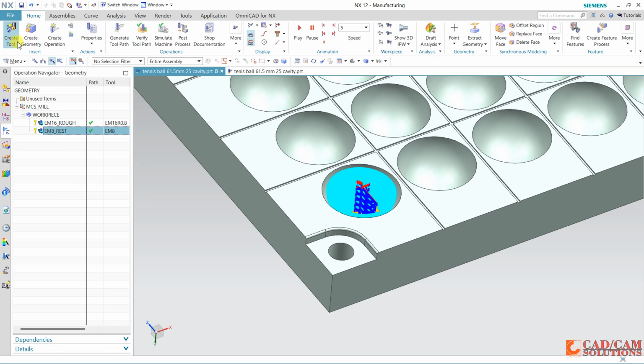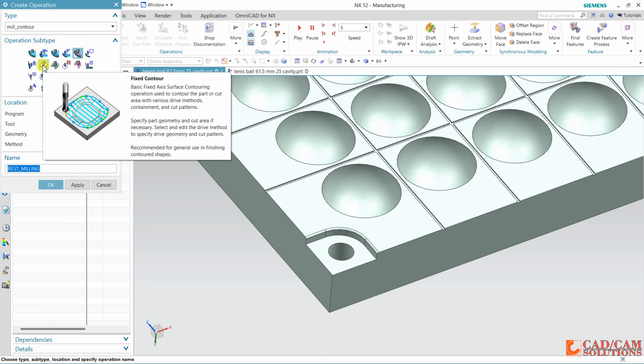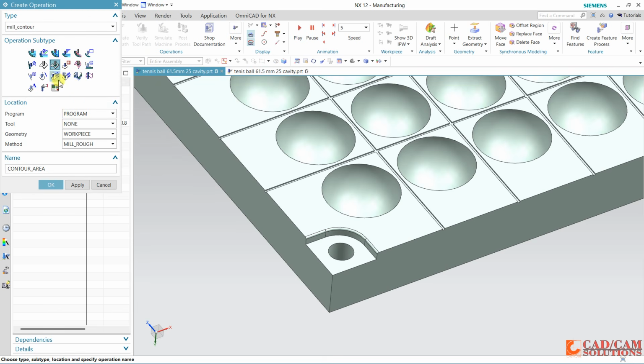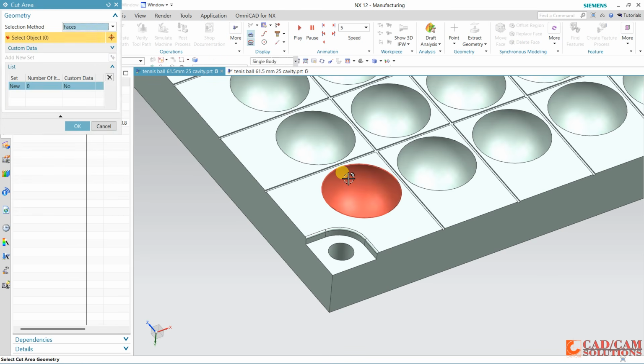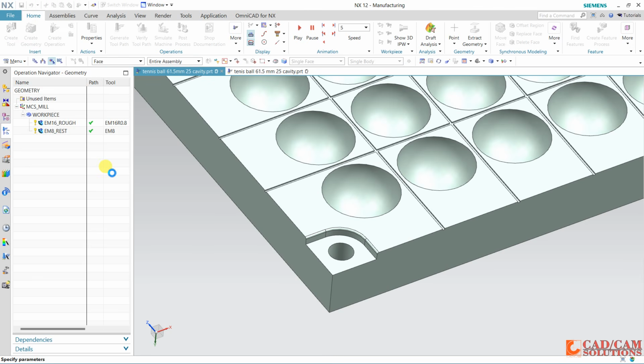And for next operation, come to this, and my next operation is contour area, and for tool, and now finish. So tool I will define, and this is the area which I want to cut, and click here.